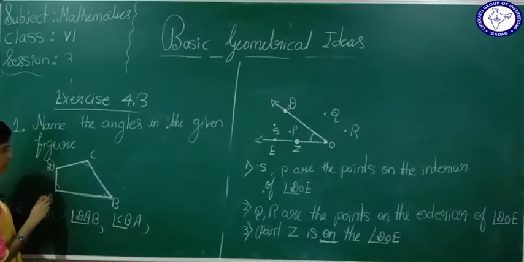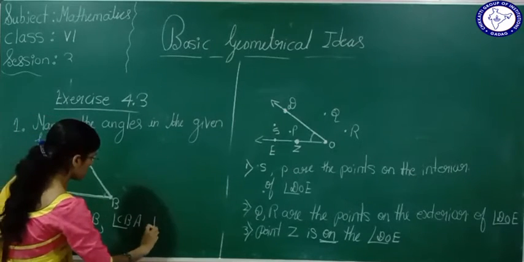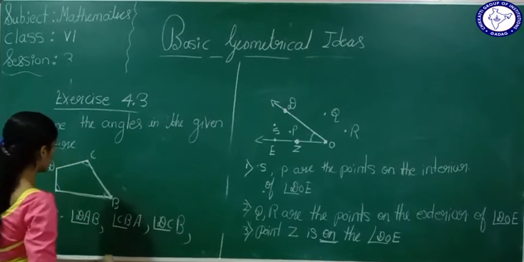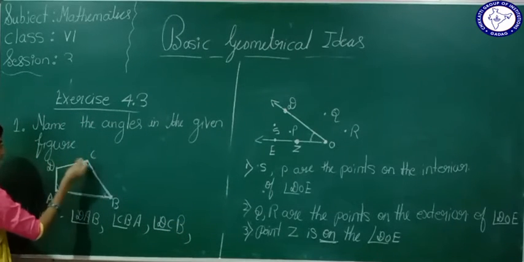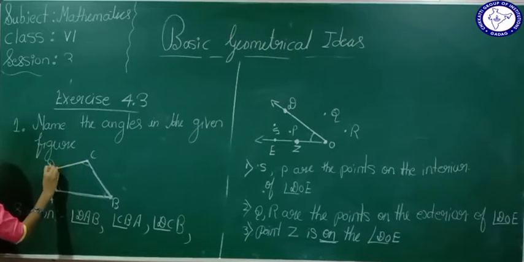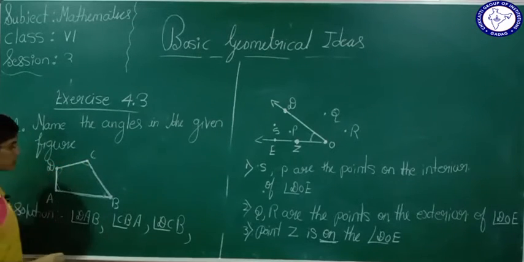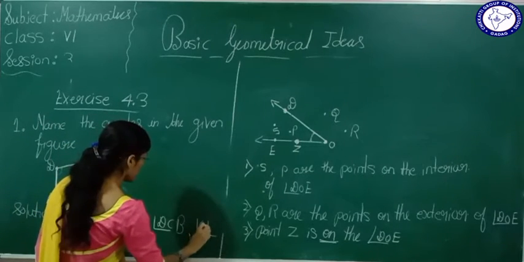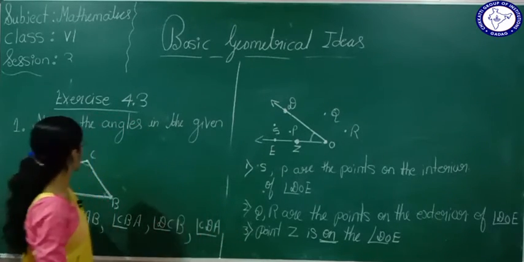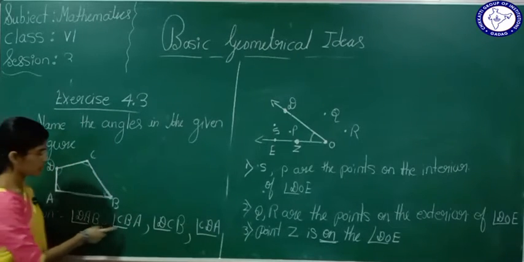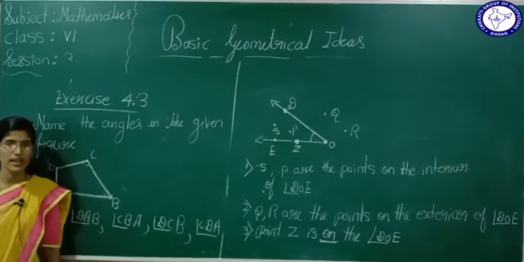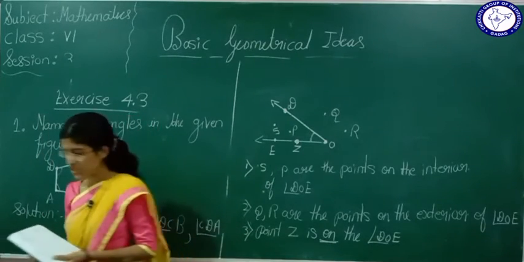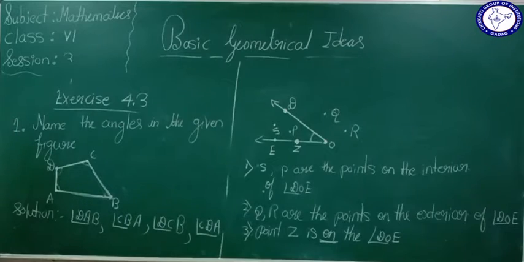Yes, what can we tell here? Angle DCB. So what about here? Here AD and CD are meeting at this point. Definitely here it will form an angle, that is CDA. In total how many angles can we form? 1, 2, 3, 4. 4 angles we can form here. Okay. So this is about the first one. So the second question we will see.